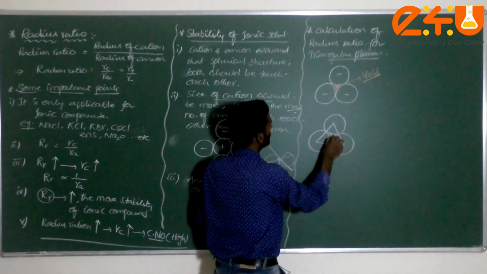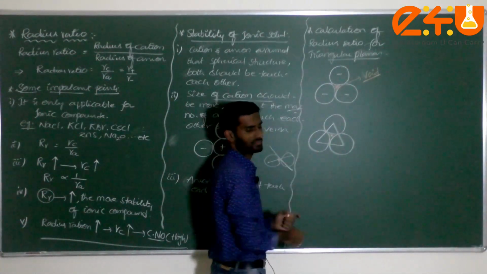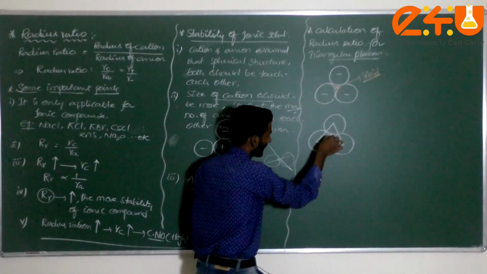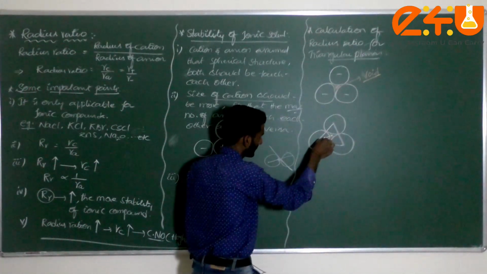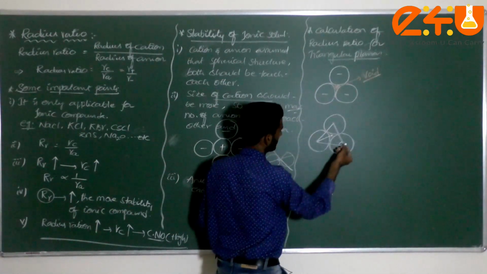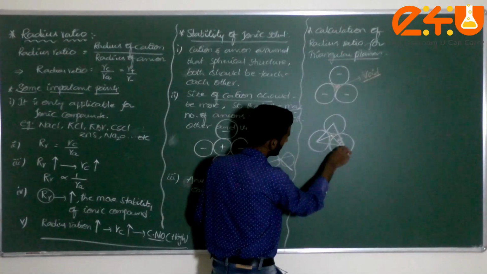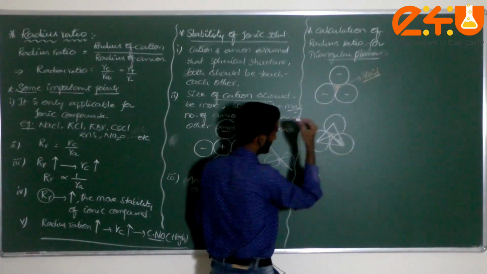Now, the exact position of this one cation here, you are just drawing like this. Am I correct or not? What you are taking here, dear student, is initially the angle in the triangle. How much here? 60 degrees or not? 60 degrees, you are just taking like this. Am I correct or not?